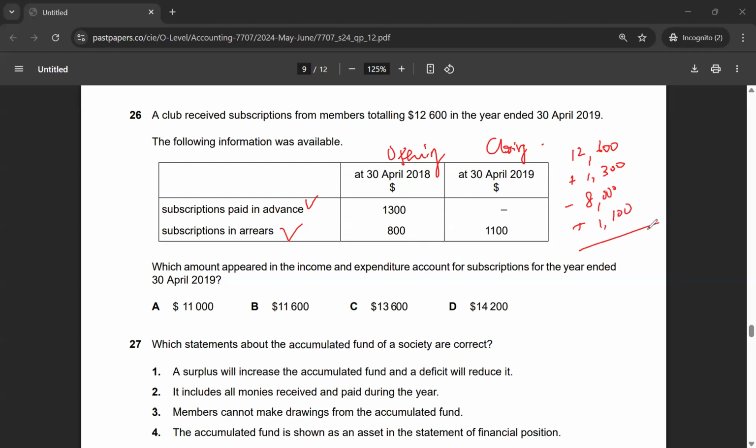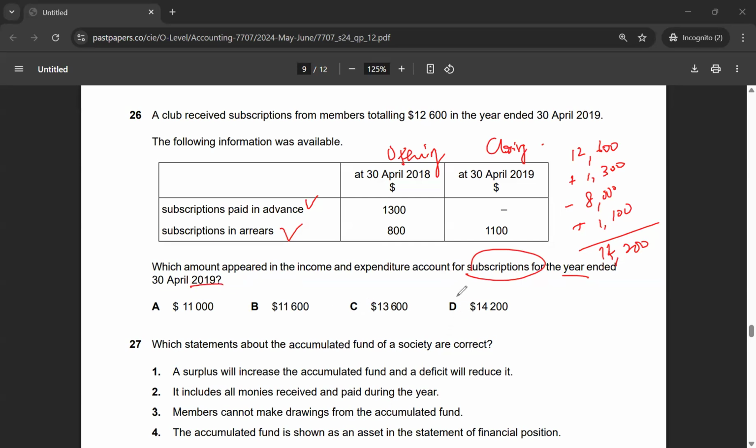Let's look at the total: 12,600 plus 1,300 received from subscription paid in advance, minus 800 because that's from the prior year, and then 1,100 for the current year. That gives me 14,200